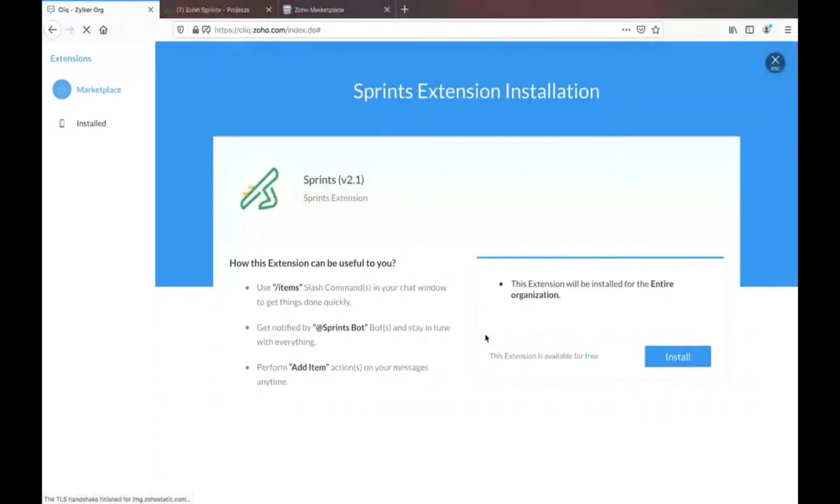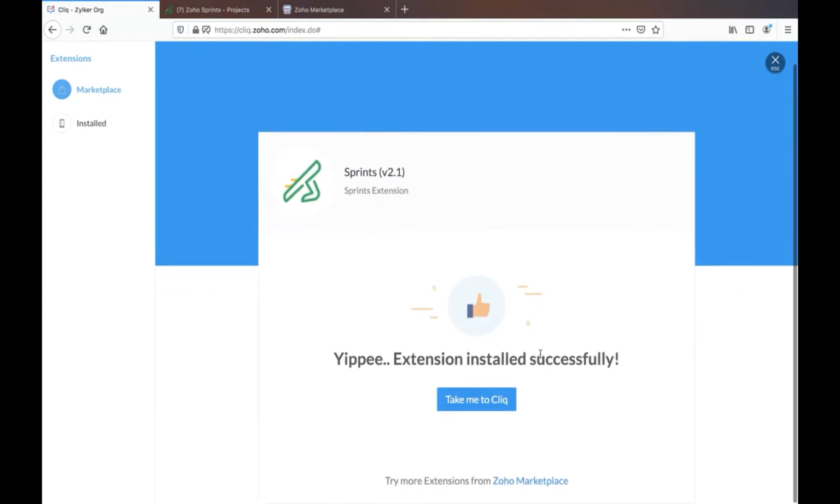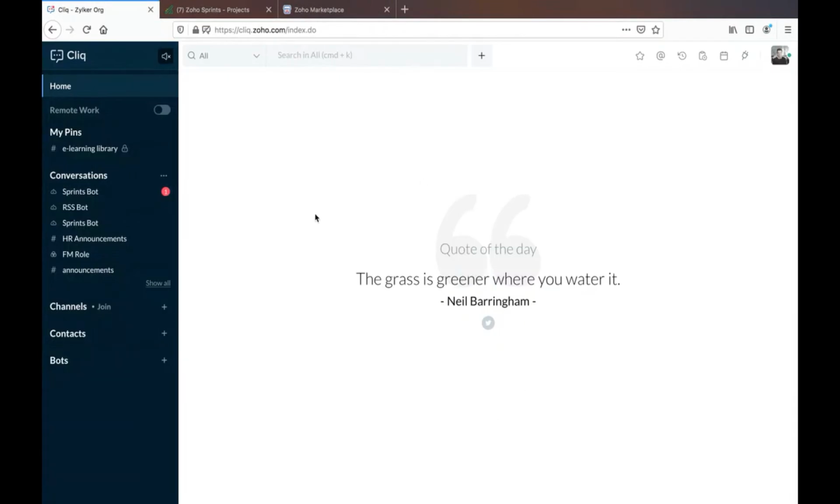So the same process happens when you access marketplace.zoho.com directly. Now the extension can be installed for the entire organization, and alternatively, if you have teams and if you want to install it for a specific team, you can do that as well. I'm choosing to install this integration for the entire organization, so I'll just go ahead and install it. Perfect. So the integration is installed successfully now, and you just go back to Cliq and you can see that you have a Sprints bot here,